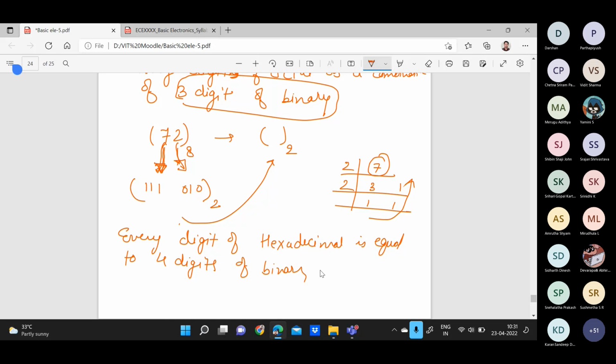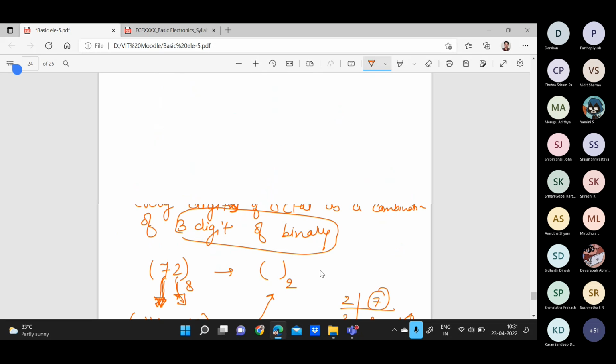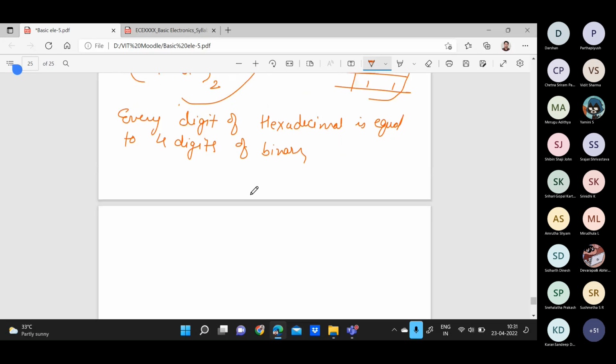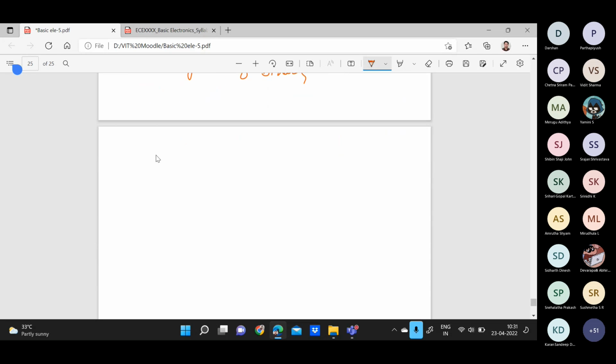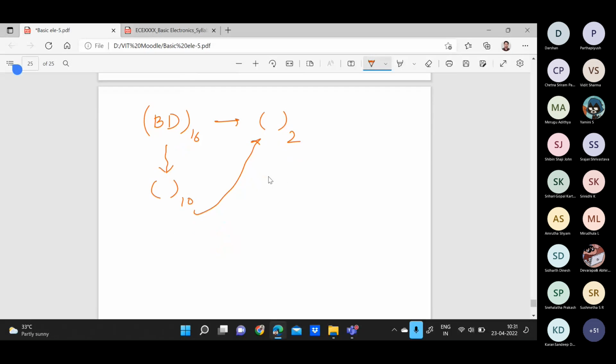That means if I take BD in hexadecimal, and they ask to convert into binary form. As I told you, one procedure says you can convert into the base decimal, that is a decimal number, and then convert into the binary form. But there is also a procedure by which BD, which is hexadecimal, every digit is represented by 4 digits